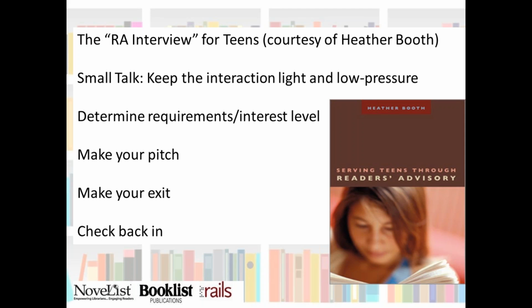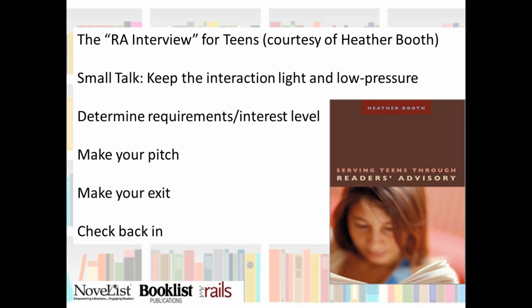Once you get those answers from your patron, then you can start to show them different examples. And they will let you know right away. They look at the cover and decide, oh gosh, no, that's not for me. Some of them are going to pick the book up and flip through it. Teens are very into the size of the text and the page length and how much white space is on the page. These are things that adult readers don't usually take the time to look at. They'll just take the book that you're giving them and maybe they'll check it out, maybe not. But a teenager is likely to take that book and flip through it maybe while you're in front of them. So you can get a clue right there as to what they reject and what they accept.